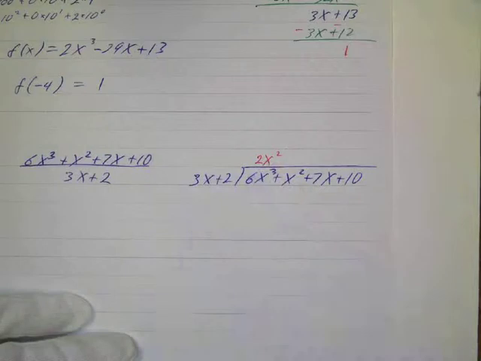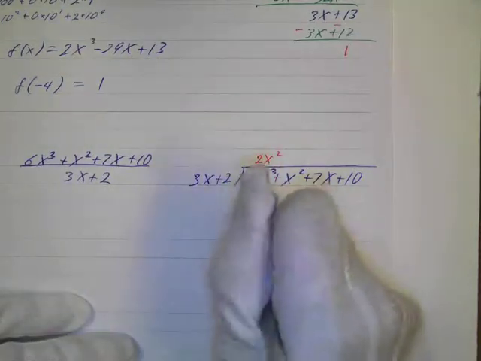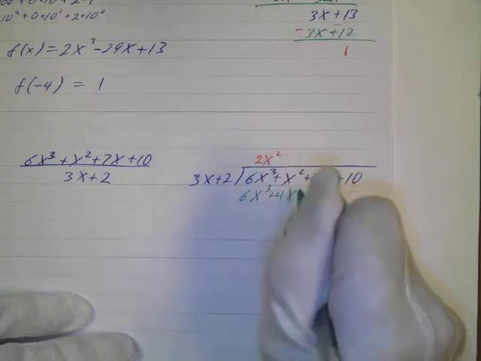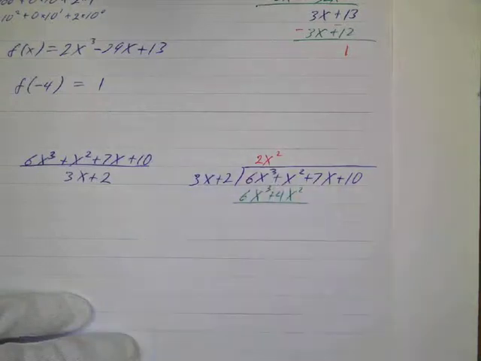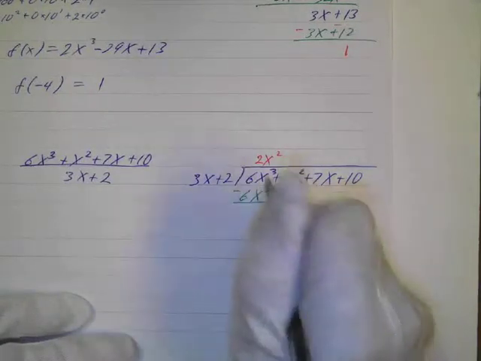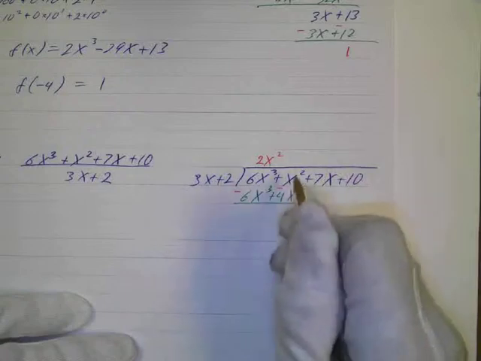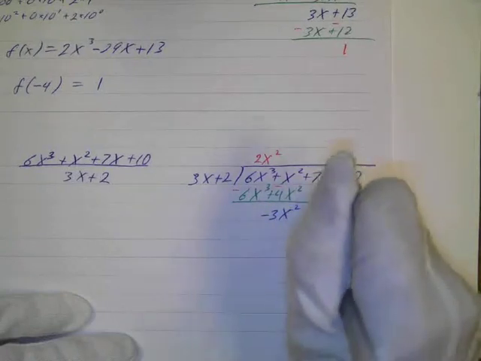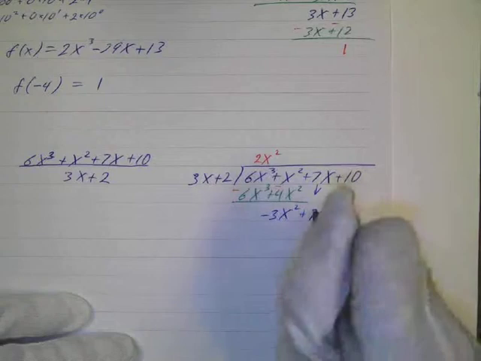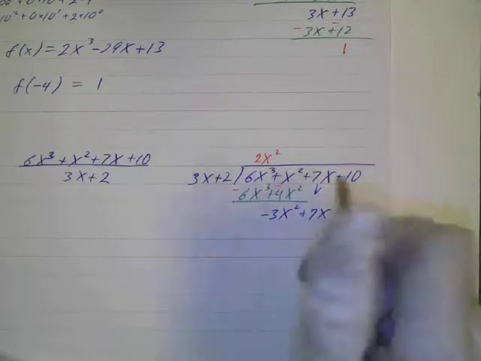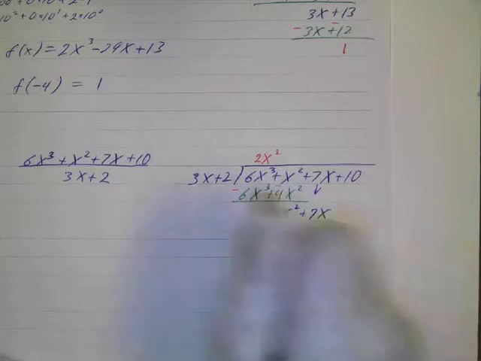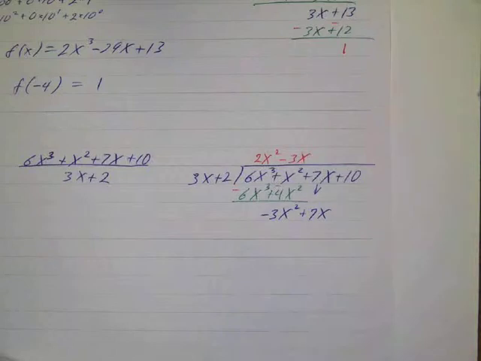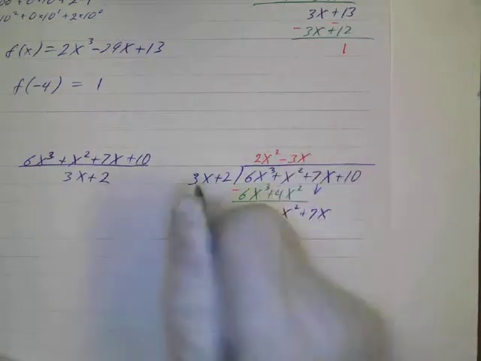And multiply it and check. We've got 2 times 3 is 6. x times x squared is x cubed. And then 2 times 2 is 4, plus 4x squared. Change the signs. That's 0. And then negative 4x squared plus x squared is negative 3x squared. And then bring down your 7x. And then again, repeat the process. Need to multiply this by a negative 3x. And that's going to give me a negative times a positive is a negative